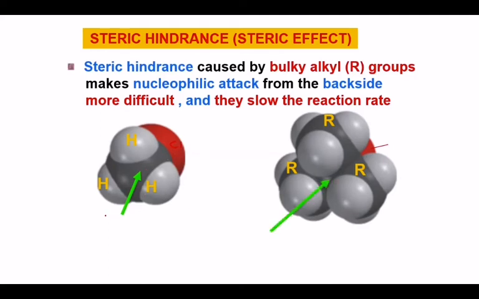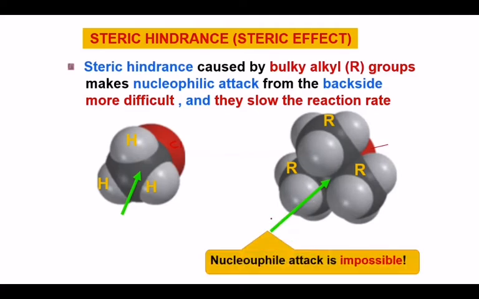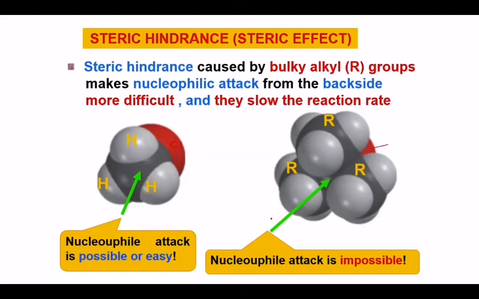So the nucleophile can easily do the backside attack. Compared to the second diagram, the carbon attached to the halogen is hindered by the bulky group attached to it. So for the second diagram, it is difficult for the nucleophile to do the backside attack. That's why the nucleophile attack is impossible, while for the first diagram, nucleophile attack is possible or easy. So when the backside attack is very easy, for this compound, it can easily undergo the SN2 mechanism, while for this compound, it is impossible to undergo SN2, so it will